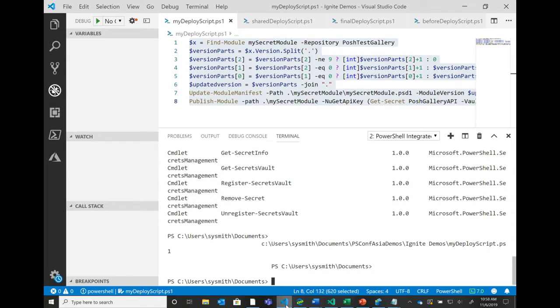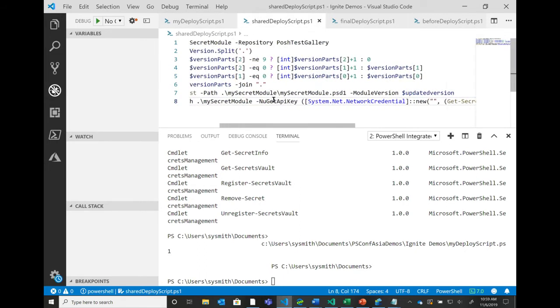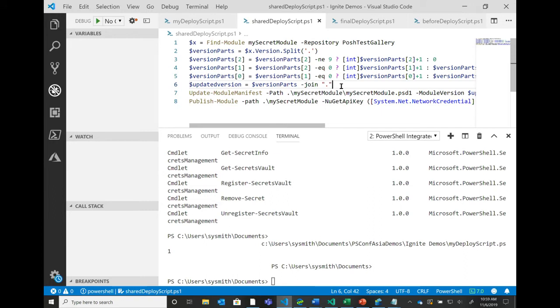But this is a pretty simple scenario, and as I was saying, our secret management landscape is quite complex. And so in this scenario that I'm going to jump into, I actually share my API key with a bunch of other developers because we all own this module, we all work on it together, but when we go to publish, we publish it under a single module. And this is especially common in test scenarios. Maybe this isn't going to be as common if I was deploying in a production environment, but here we're doing the test environment. And so what I've done is I have registered,